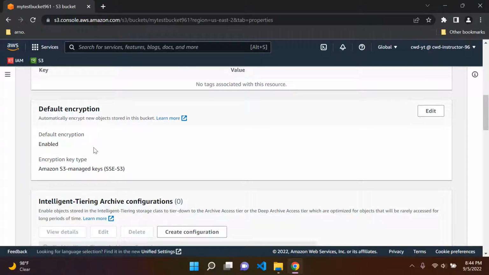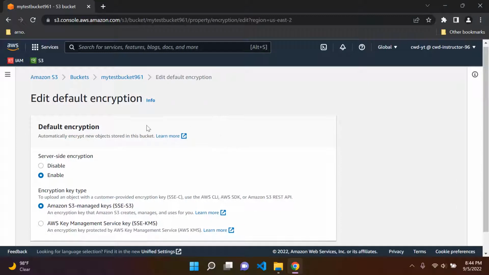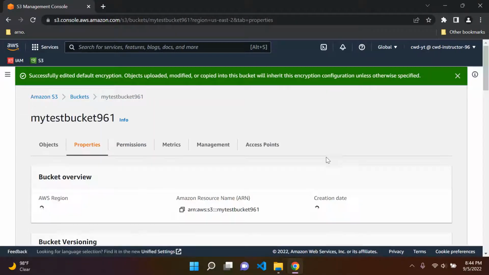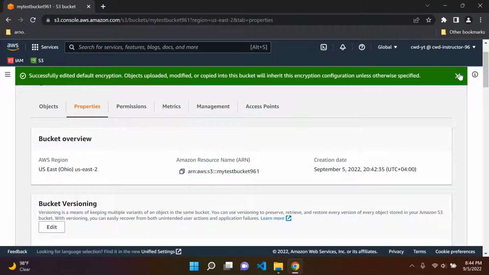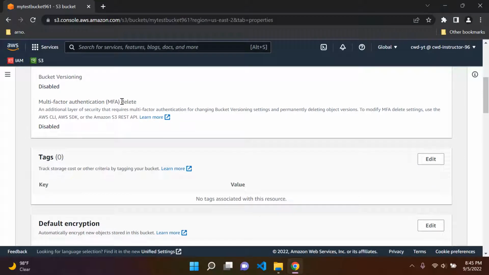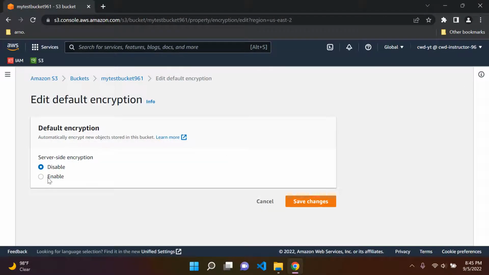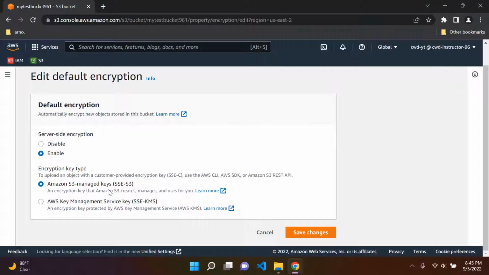Another thing that you can do here, if you feel you do not want encryption in this bucket, you can just say edit, and you can simply disable encryption. So let's save the changes. You can see a message here that we've edited our encryption. And if we scroll down, we'll see it's been disabled. But I would highly recommend for you to enable server-side encryption and use SSE-S3,